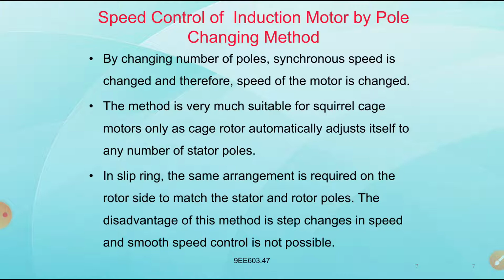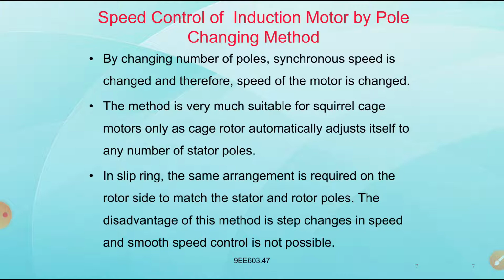So by changing the number of poles, P is equal to 4, we are going to a 4 pole machine, we are going to get the 1500 RPM. P is equal to 8 pole, we are going to get 750. That is the gap. Steps are very